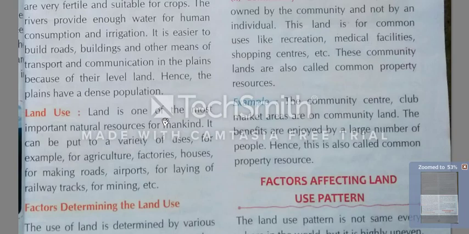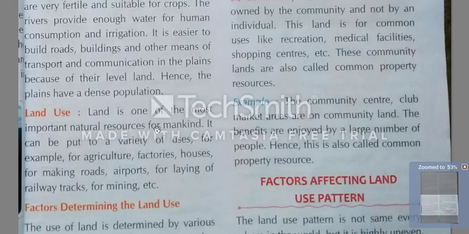Land is one of the most important natural resources for mankind. Okay, class, if you go into class 9th and class 10th, you will see one word used there: land is a natural resource and it is a free gift of nature. Land is the free gift of nature. Land is one of the most important natural resources for mankind. It is the most important. Without land, it is very difficult to survive.